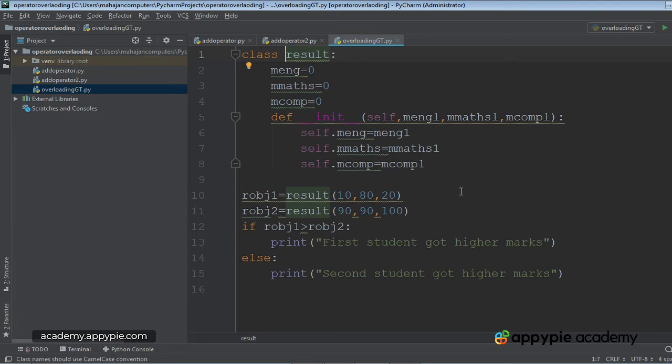In this lecture, I have come with another example of operator overloading, and this time I am going to overload the operator